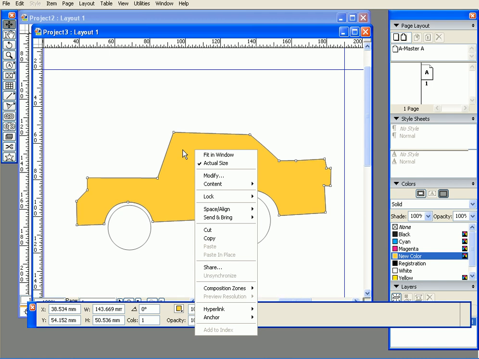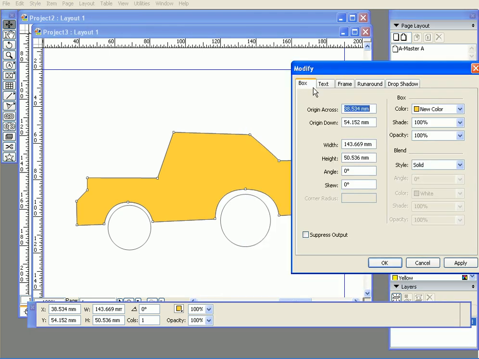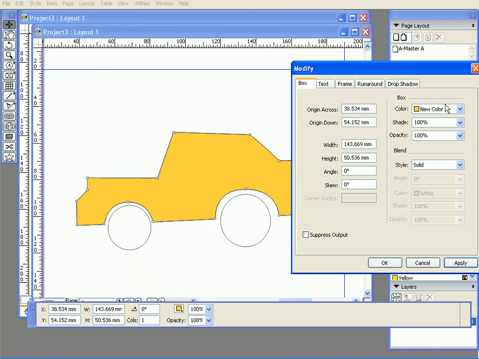Yeah, or right click modify. So here we have the box that we just changed the color of from here. These are the positions, X, Y, width and height. Angle, I didn't rotate. If I set it to 45 and press apply, it will rotate. It's something that I don't want to do now. So regain 0. That's the color